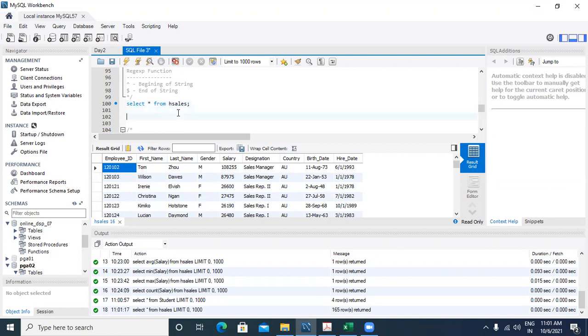So how will you write? The same thing can be done using the like operator. As I say, regular expression is a subset of the like operator. So if you want to make use of regular expression to perform the task, this is how it will look like. I say select star from HCLs where first name, I say first underscore, please write it down all of you. I say first underscore name, regular expression,